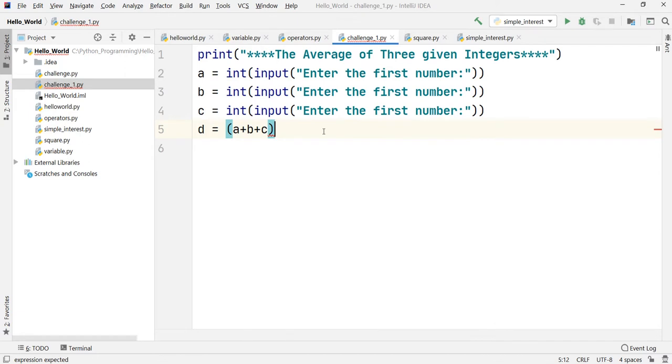Okay, and here comes the important part. I want to put divided by 3, so this will divide my whole term a plus b plus c by 3. But as we have seen in the earlier video, this single forward slash is a float division. It will always give you the answer in float. If you want your answer in integers, we have seen what we will have to do: use another forward slash. This will give us the answer in integer. This is called integer division. That is why we had taken that earlier operators concept.